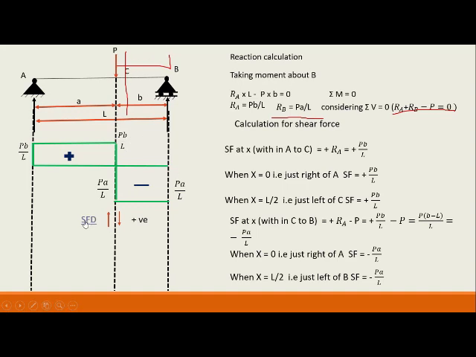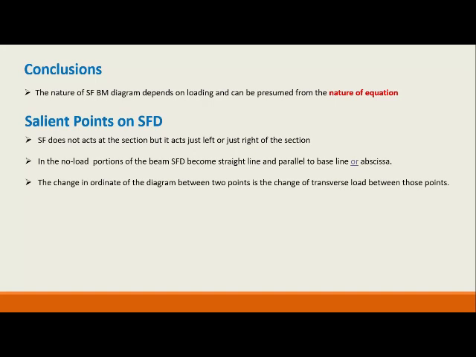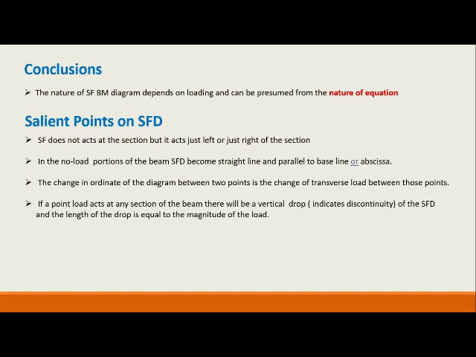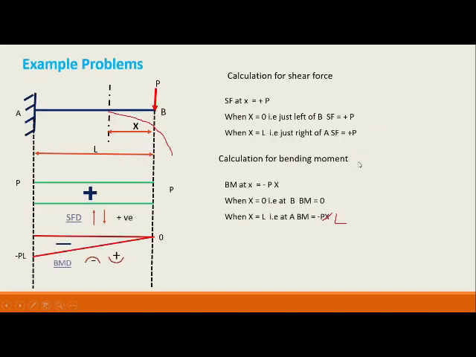So that is the point that we have to discuss or memorize. If a point load acts at a section of the beam, there will be a sudden drop. I have seen here, in the case of a point load at the center of the beam and as an eccentric load, how much is the drop? If you add up the values, you will get the load. That is, if it is P by 2 plus P by 2, you will add this and get the value. Let us see there.